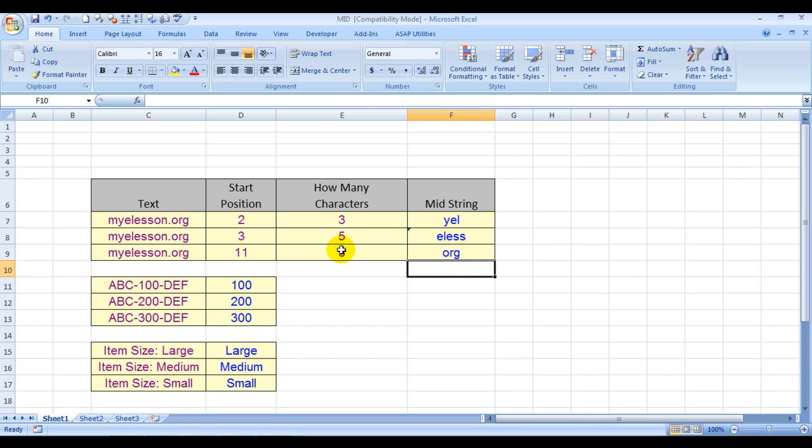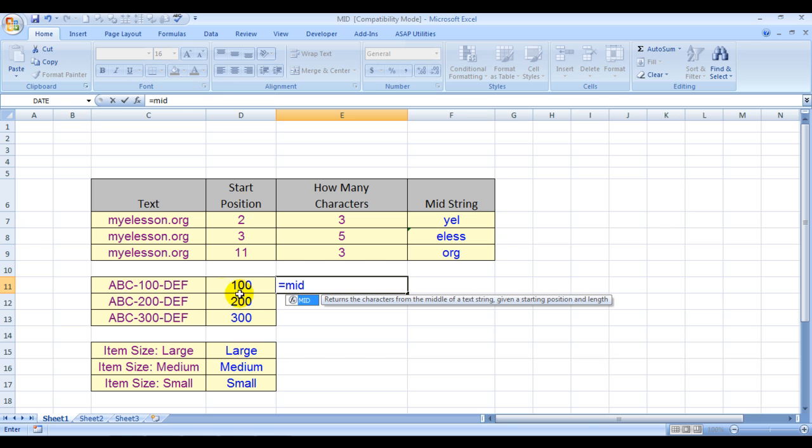I'll take you through a few more examples over here. See, I have mentioned ABC dash 100 dash DEF. You have to understand that this formula would count spaces, special characters, hyphens, numbers, alphabets, all as a character. So you have to give them one value each, the value of 1. So here is MID.